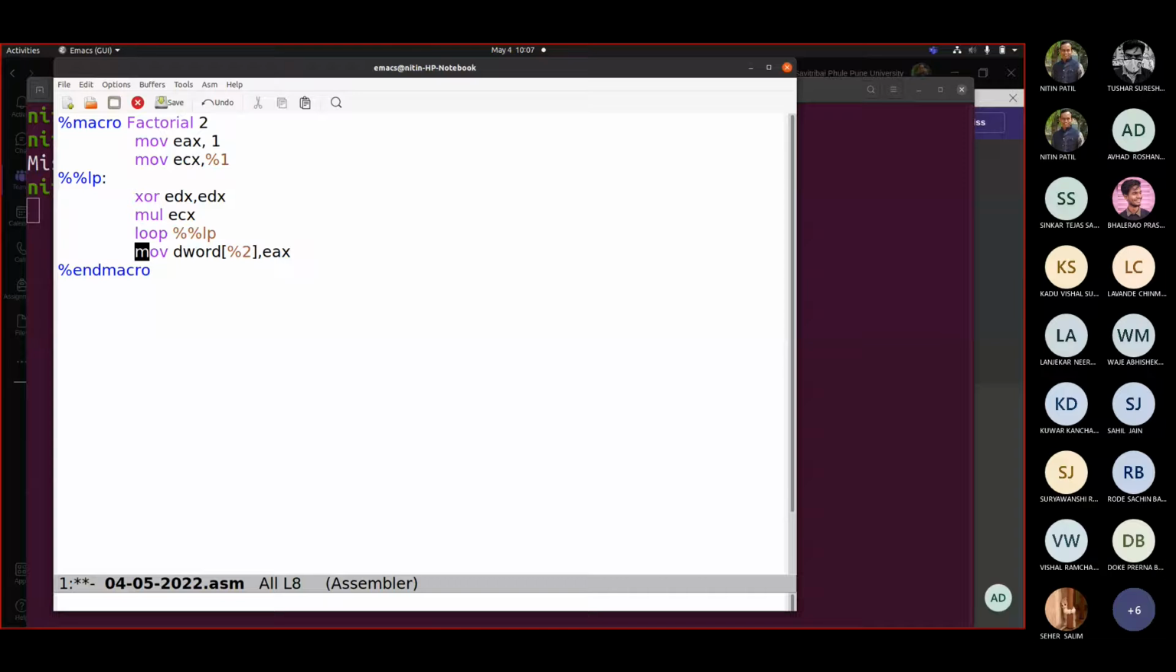Okay, this is how your factorial calculation is. I think you can see that I am trying to compute factorial in this case. So now let us write section .data, msg db "factorial of %d is %d",